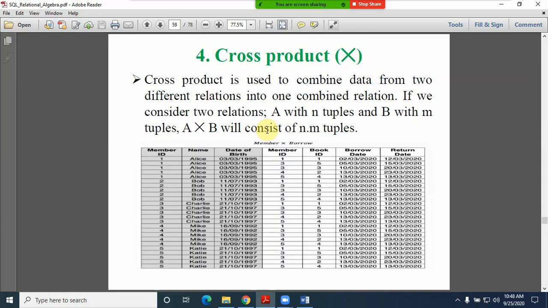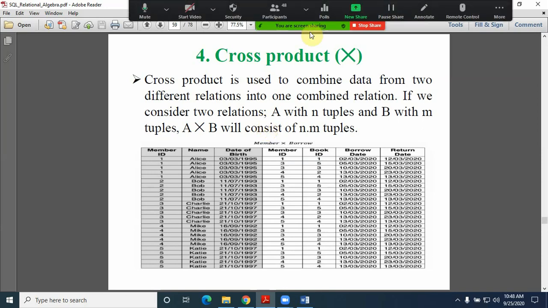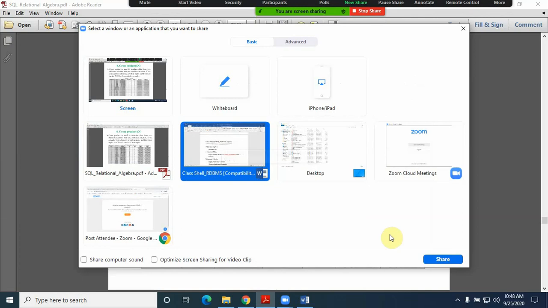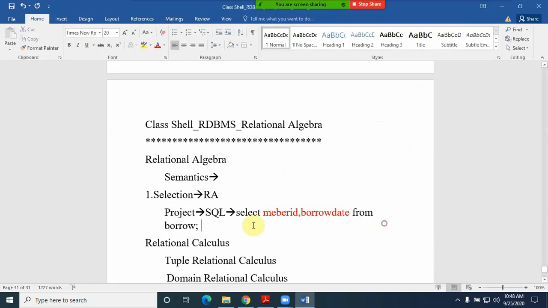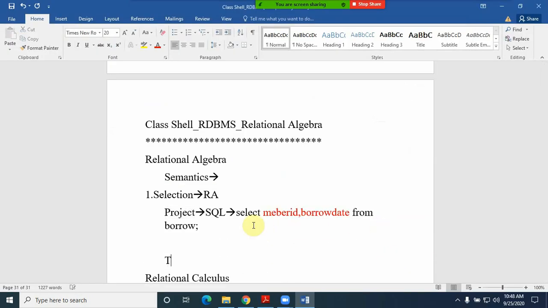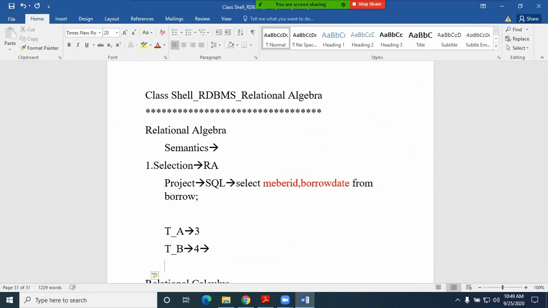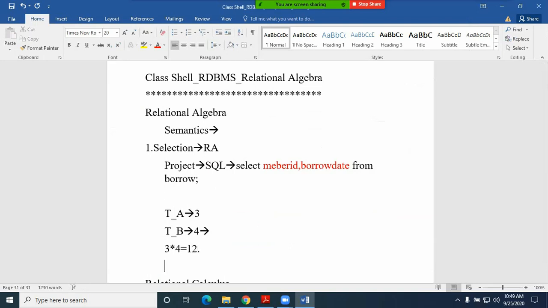And coming to the cross product, friends, sometimes there may be a requirement of mapping the records from multiple tables. Suppose if you refer to the cross product, for example I have some table A. Table A has 3 records, and table B has 4 records. What the cross product gives is 3 into 4, so totally we can expect 12 records out of these